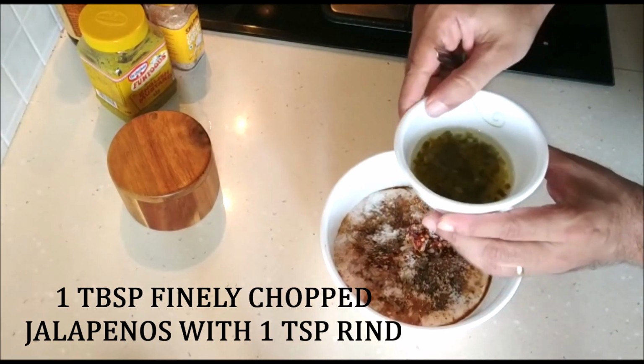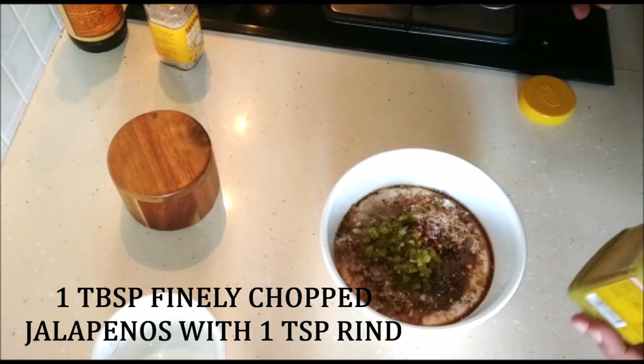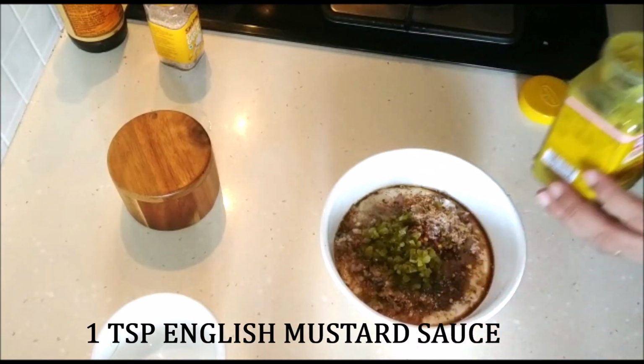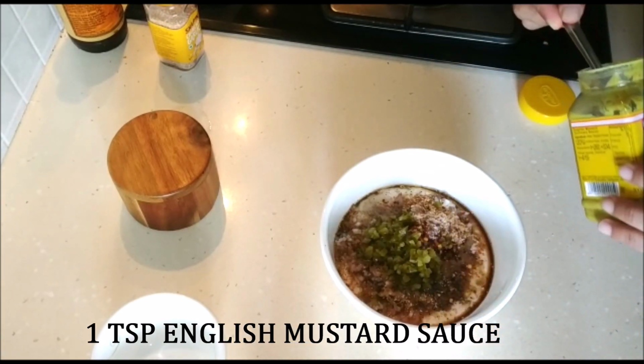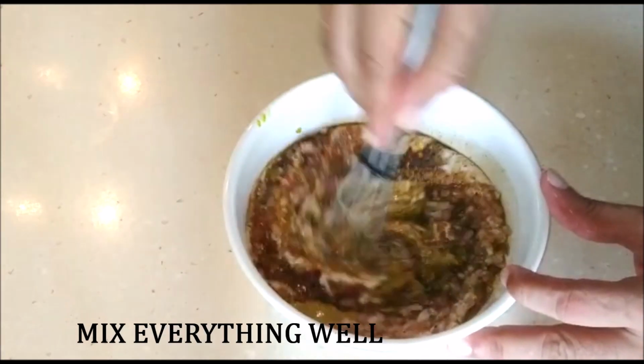1 tablespoon of finely chopped jalapenos with the rind as well, with about just 1 teaspoon of rind because it is a little bit sour, 1 teaspoon of English mustard. Those are all the ingredients we need, and now all you have to do is just mix all of this